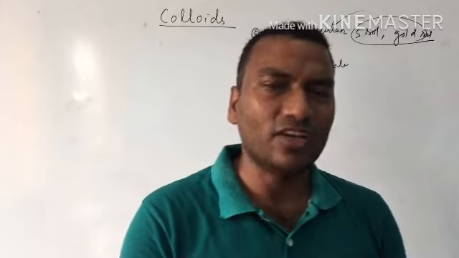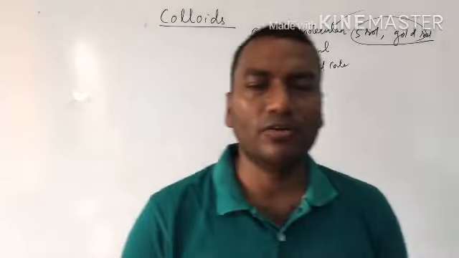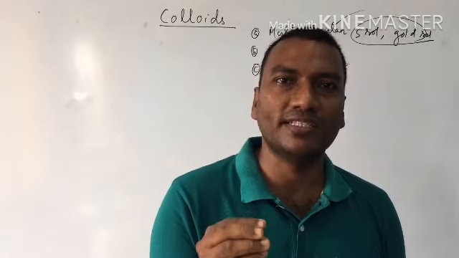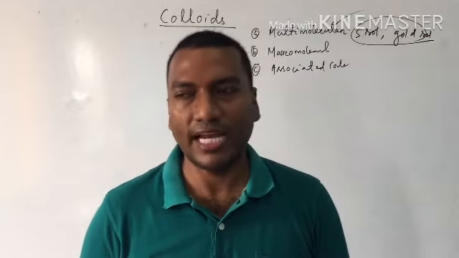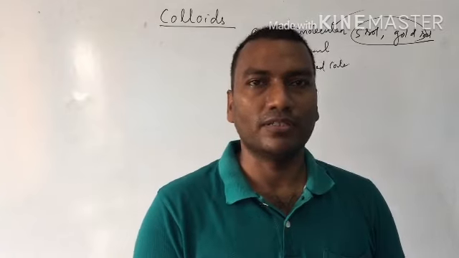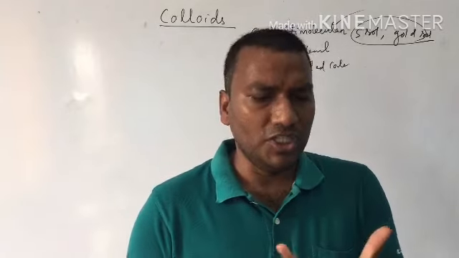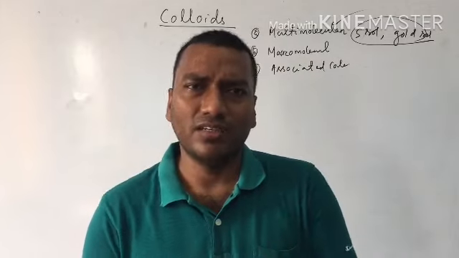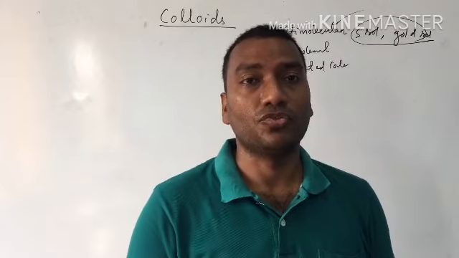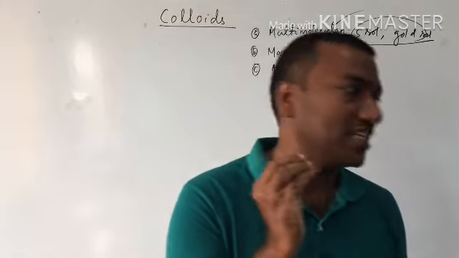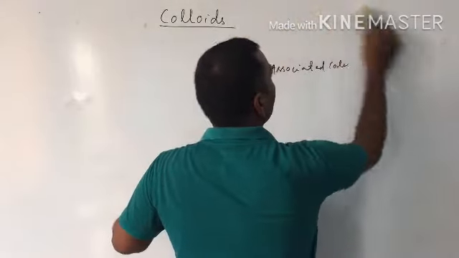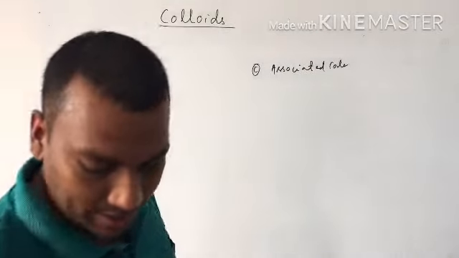So that's why in macromolecular colloid, the particle size is very large, and very few molecules are required to make a colloidal solution. That's why when you are preparing any starch solution or corn flour soup, in 1 liter of water, half a spoon or 1 spoon is enough to make the soup. Why? Because the particle size is very large. Understood? So this is the meaning of macromolecular, and the first one is multimolecular colloid.